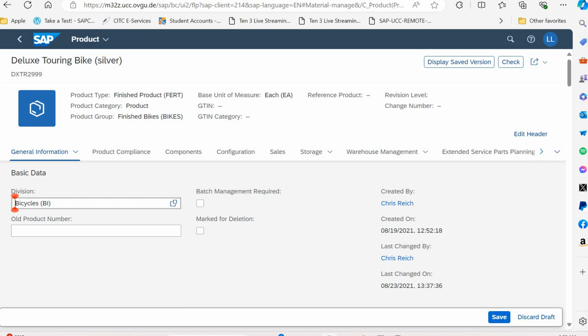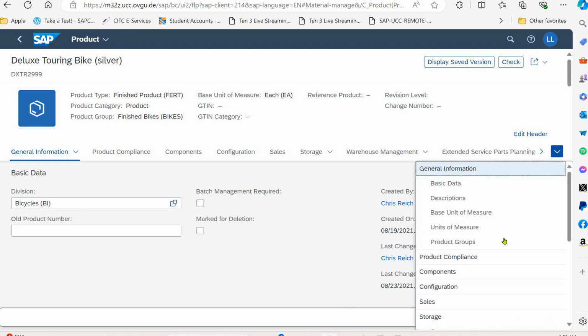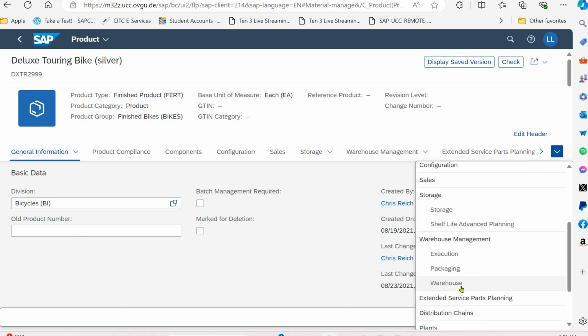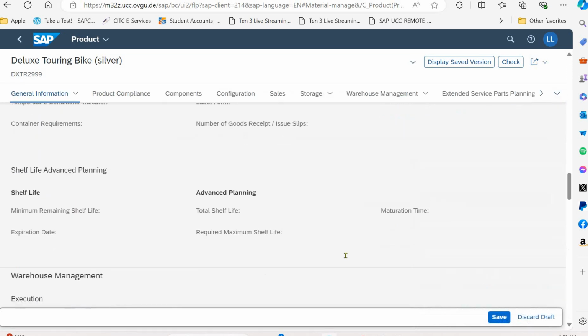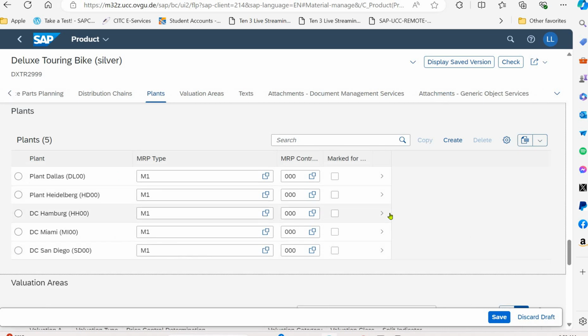So we will repeat this step again by clicking on edit, but now we have a different material, and now we have to click on plants section. In the plants section, now they are saying what we have to do. We have to again select the DL00, this one, get in,